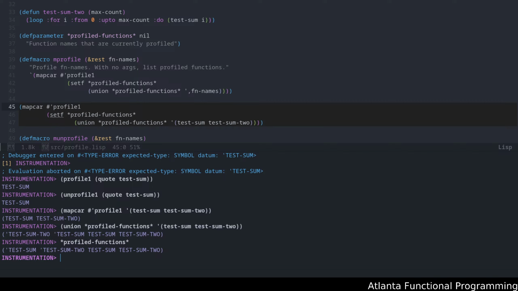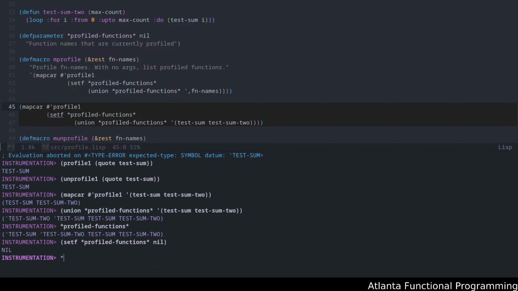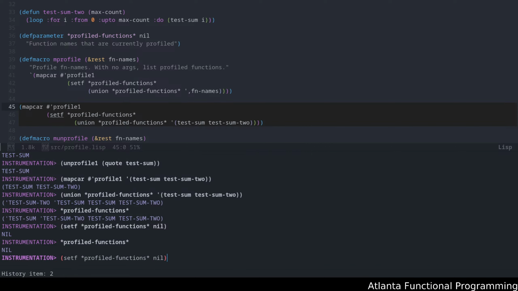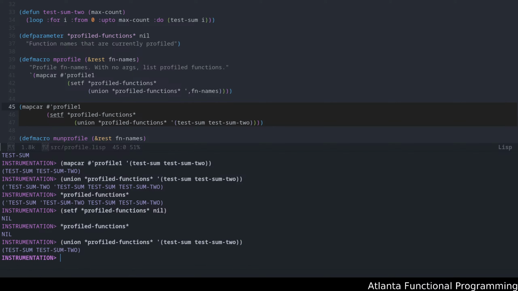Okay, I see what's happening. Hold on, set f profiled functions to nil. That's for starters. So now profiled functions is reset. Now let's run this guy. All right. Okay, so this should be now correct, but we will see what happens.